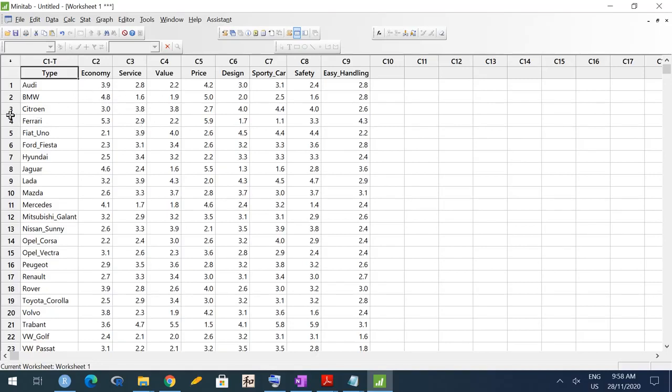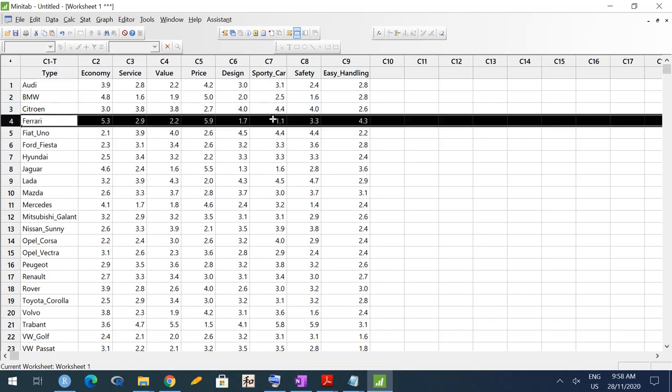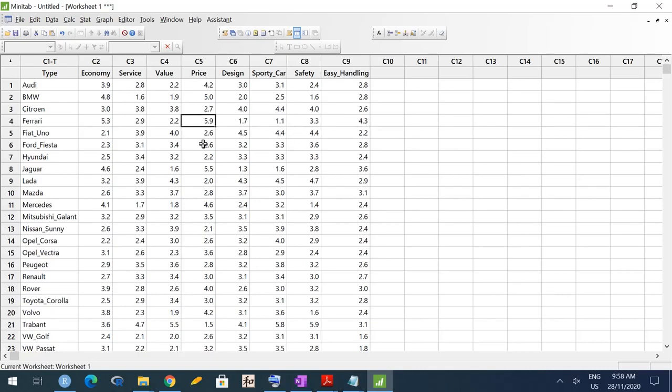You can see here, for example, for Ferrari, sportiness it is 1.1, so it's very close to the best. Whereas as far as price is concerned, it's very expensive, so price wise it is bad, so 5.9. So 6 is bad, 1 is good. Remember?